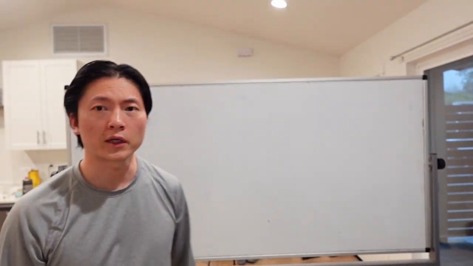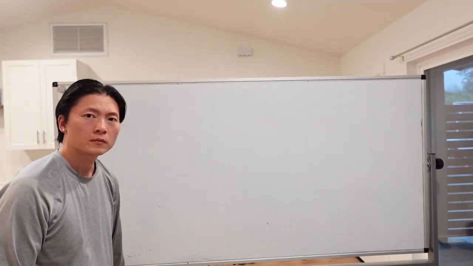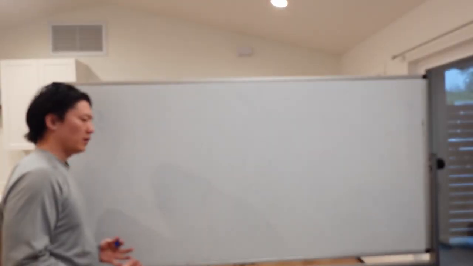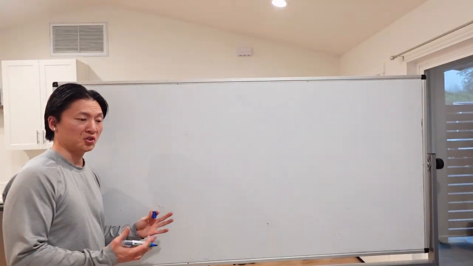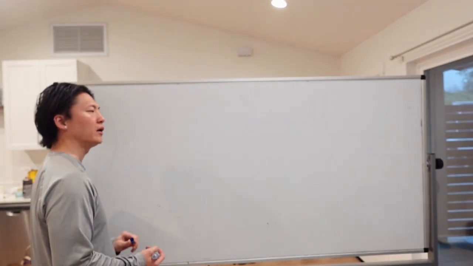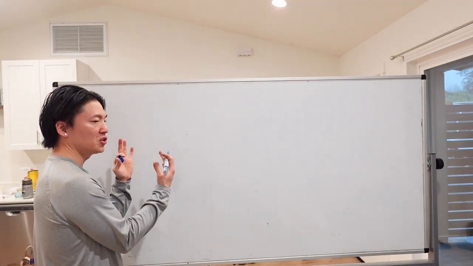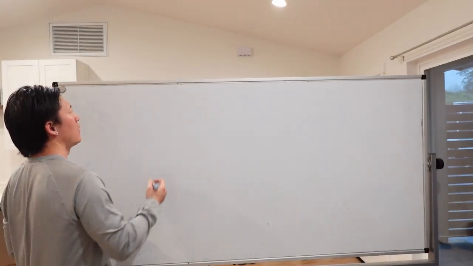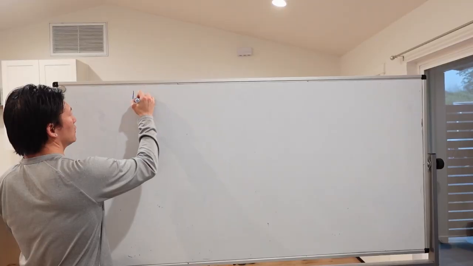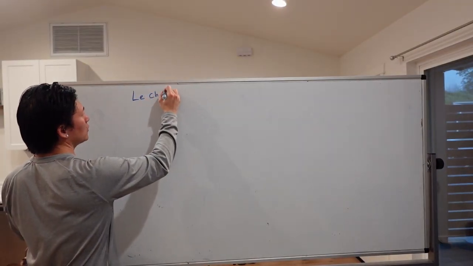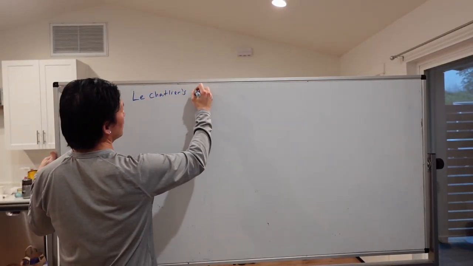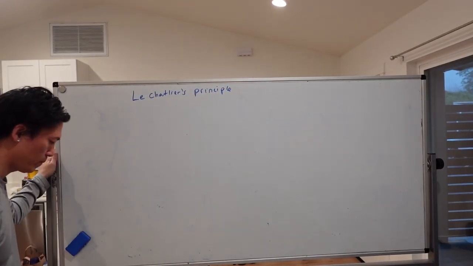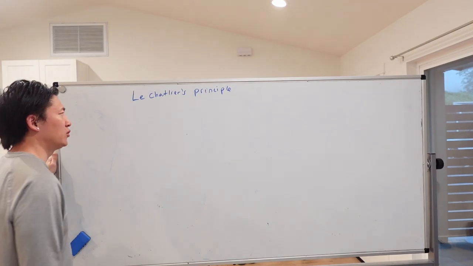Okay, the next thing we're going to look at is that sometimes we can cause the equilibrium position to move. We can cause the equilibrium position to shift towards the right side or the left side, and we will use something called Le Chatelier's principle. All right. In Le Chatelier's principle,